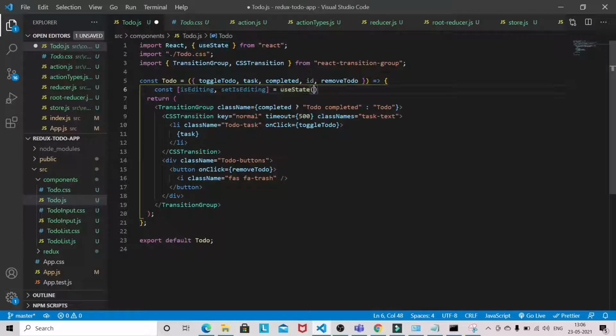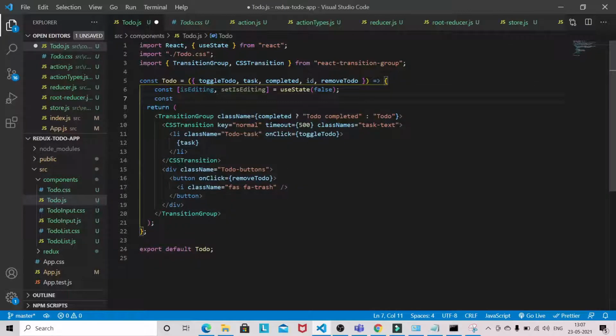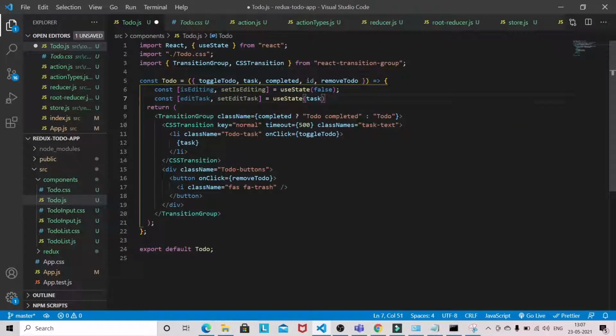Initially it will be false, and then edit task, set edit task, and use state task. Okay, because we have to show the task value in the input field when the user is going to update.